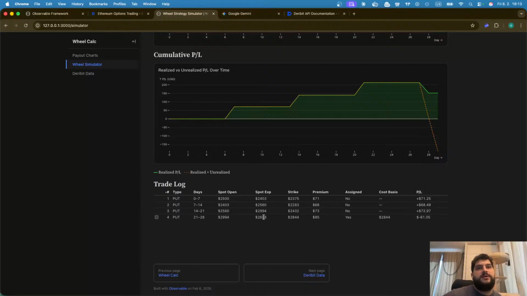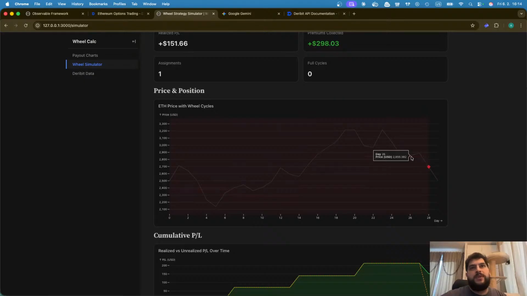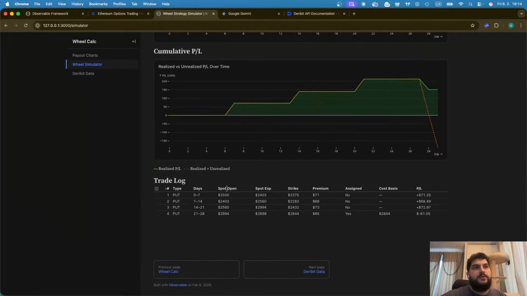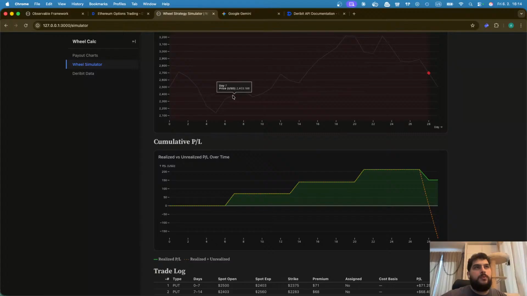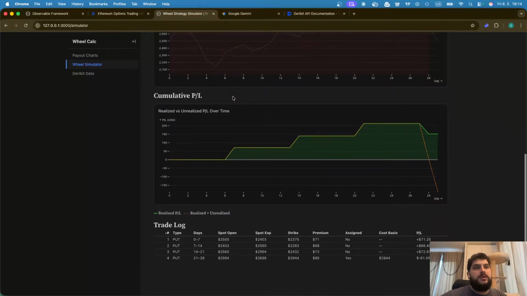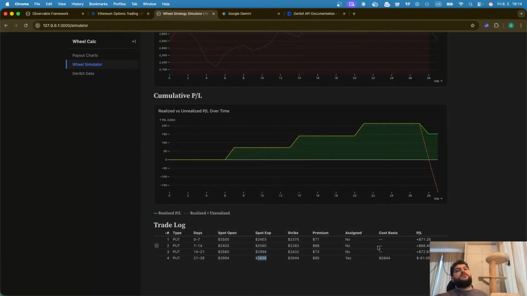And then when the price went down, closed here, which is 146. Yeah, so basically we purchased our Ethereum here at